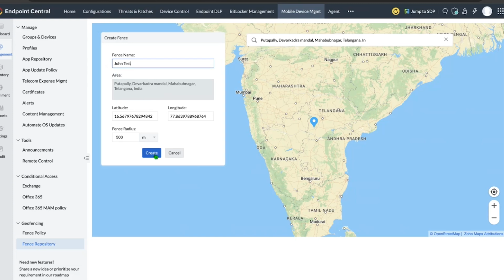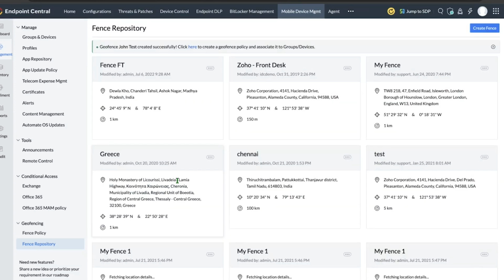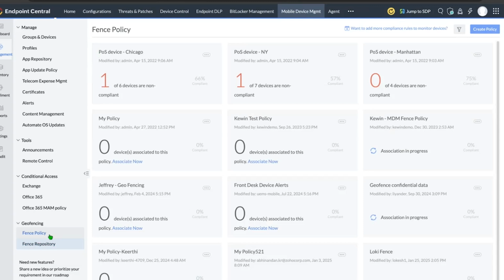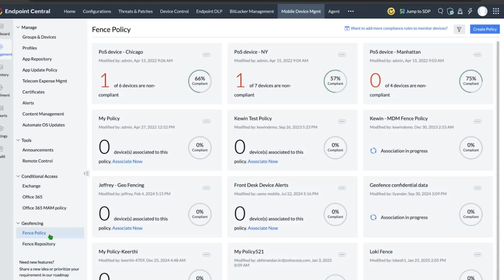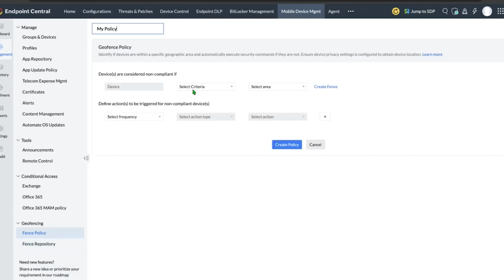So the repository is ready. Similarly, if John has multiple warehouses in different branches or in different locations, multiple fence repositories can be created. And now, in case a device gets misplaced, John is going to create a policy stating that when a